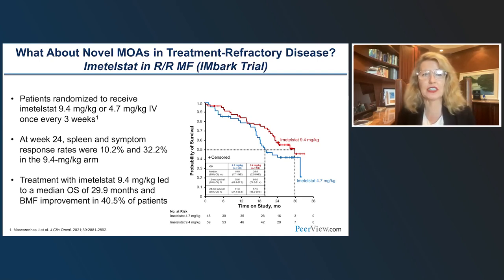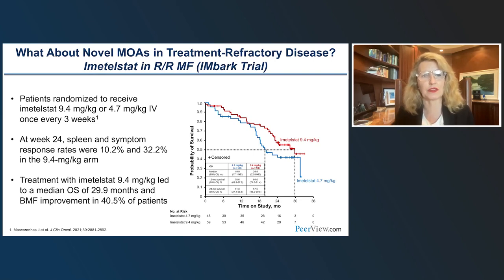So, when you look at novel mechanisms of action in treatment refractory disease, we're really going after durability of response. I'm going to really hammer that point home. This is work done by Dr. Mascarenhas, who's here on the call, and really, again, going after where can we think about treating patients who have shown a suboptimal or inadequate response to JAK inhibitors. Is there another mechanism of action we can target? And this is an example of targeting telomerase reverse transcriptase, TERT for short. Elizabeth Blackburn discovered it and found it was a double-edged sword. She got the Nobel Prize for showing it's important for stem cell longevity, but when activated too much can lead